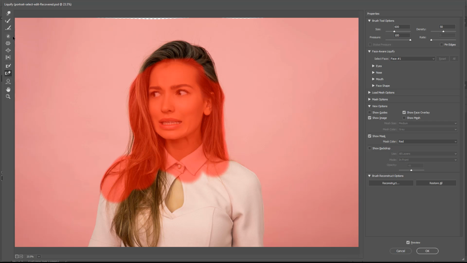Okay, now I'm going to use the same forward warp tool, but instead of going in, I'm going to go out. So I'm going to add a little bit of volume to the top of her hair, okay? And you can be aggressive, you can be subtle. I'm being fairly aggressive, probably much more so than I would on a real portrait, but I wanted you